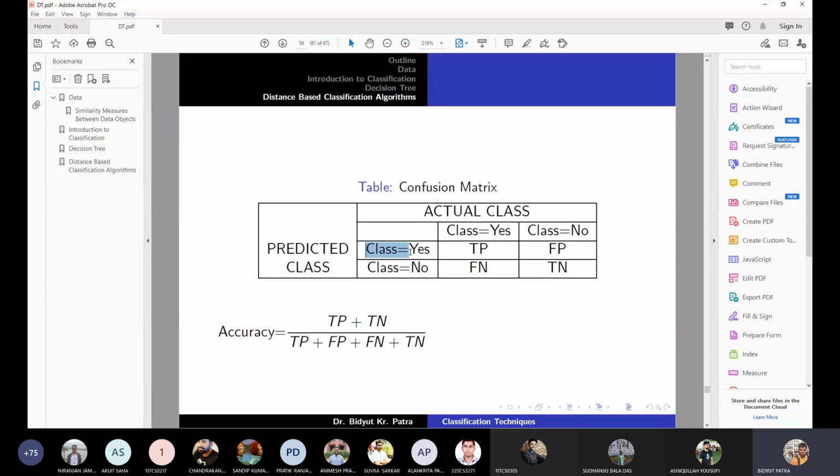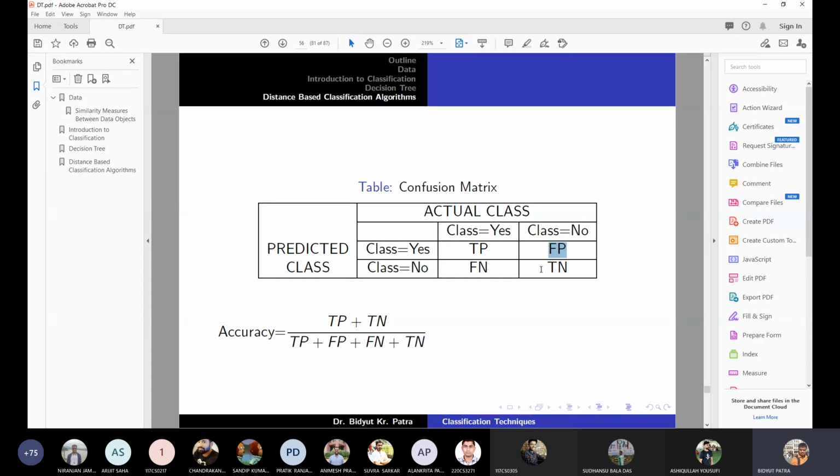What I said initially: the entire row is treated as the positive class by the classification algorithm. But in reality, out of this total positive class, only TP number of data instances are true positive. Therefore, the rest of the positive class are false positive. So therefore, FP is said to be the false positive class. Now, if you see it column wise, again row wise, for the second row, the total number of negative classes, FN plus TN, is determined by the algorithm.